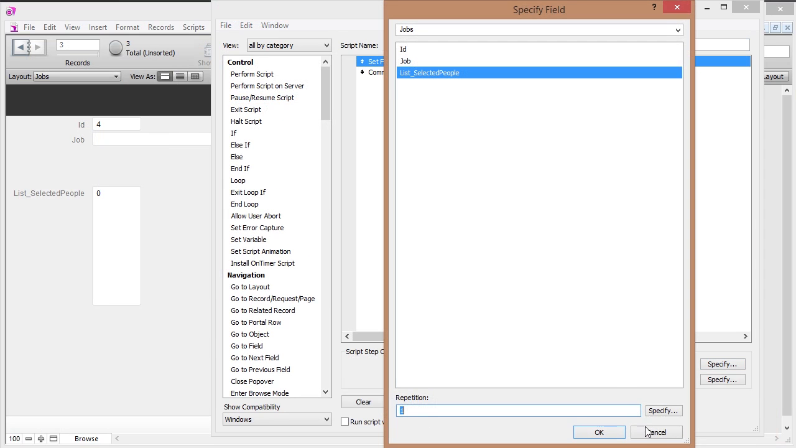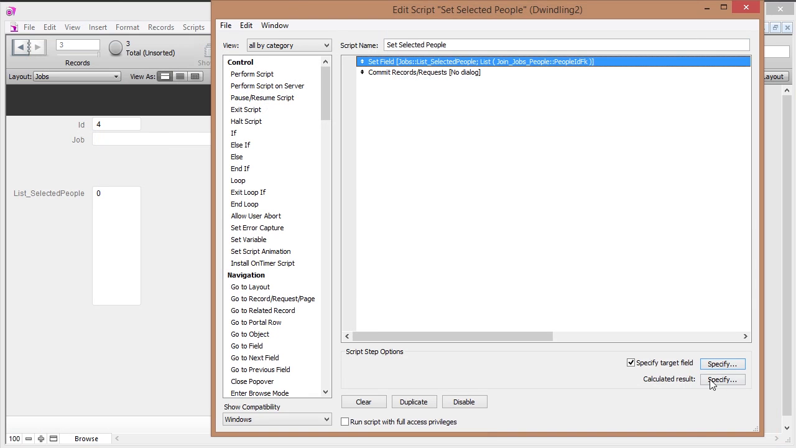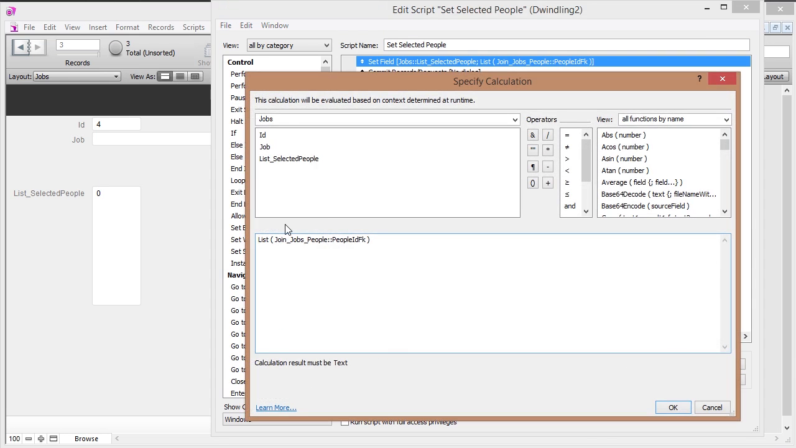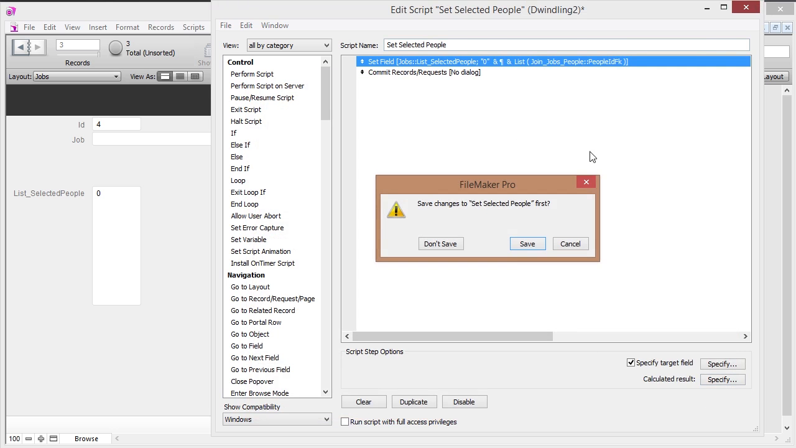that 0 number. So I'm going to go to my calculated result and specify that I don't only want to add the list of people, but I also want to add the number 0. So I'm going to add this one here, and I'm going to say, give me between quotation marks the number 0, and give me a new paragraph right here, and then give me the list of people. Okay, if I do that and I save this,